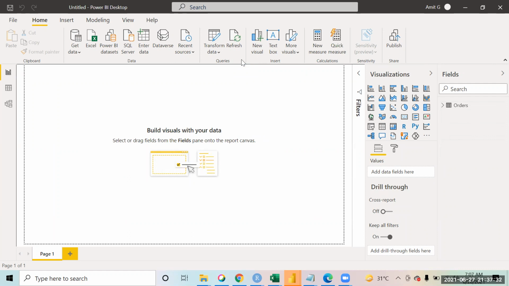Maybe one SQL report and some other popular source, like connecting to Python, the Python script. See, Python and R, because next session we will be starting off with R. So basically, R and Python is nothing. You just have to write that same R and Python code in the Power BI interface. You have to just copy and paste. That's it. So you can make the visuals by writing the R code, right?